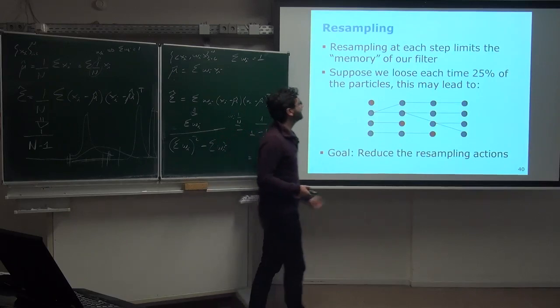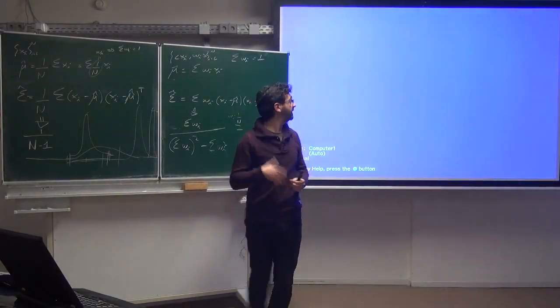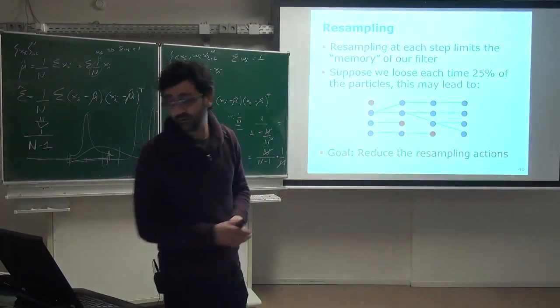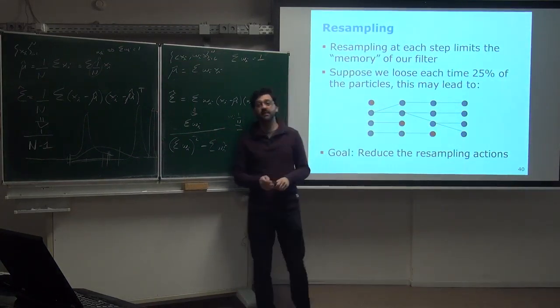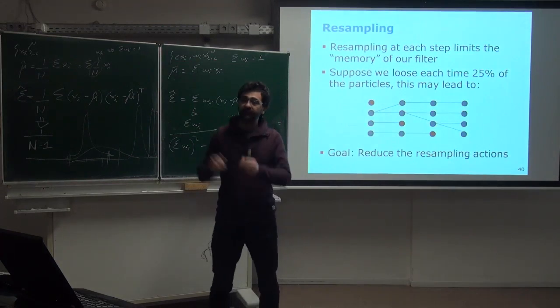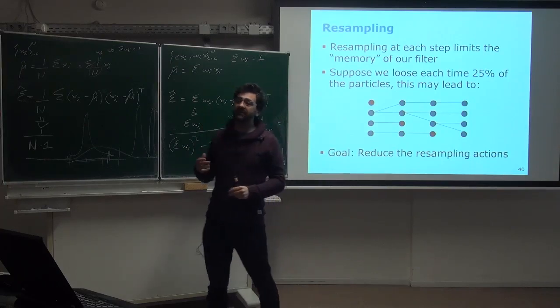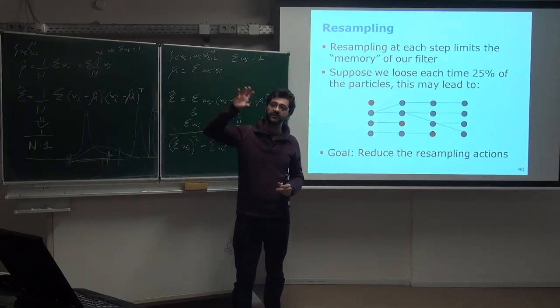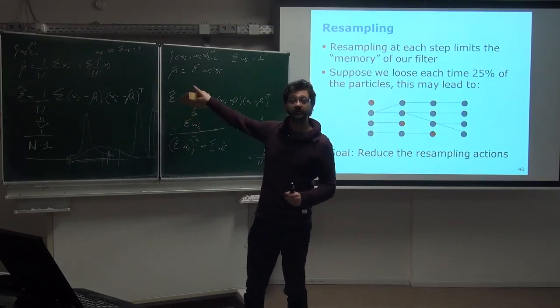Okay, so another thing that we should take into account is also the effect of resampling. The effect of resampling is somehow that it limits the memory of the filter. What does it mean, limits the memory? It means that we forget this history of samples in some way, but actually the main effect is that we remove diversity in our particle set. Okay,